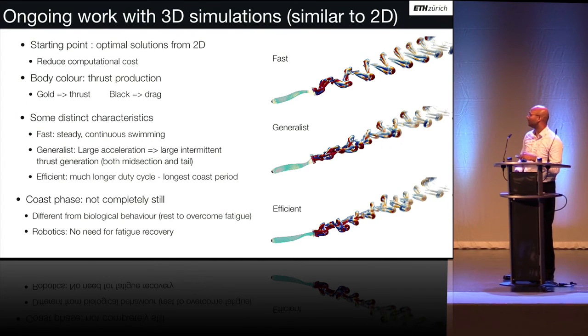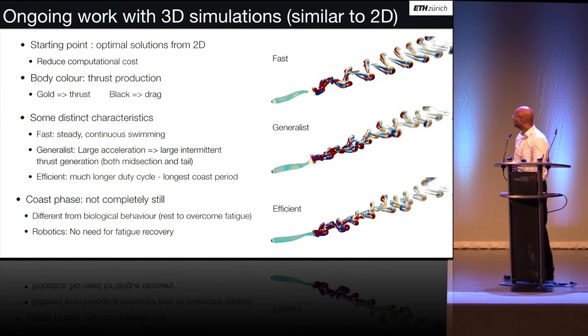They usually come to a complete standstill, and that might be related to fatigue. So you stop moving your muscles completely to overcome fatigue. But if you're thinking about a robotic swimmer, you don't need to stop completely, right? And if the optimizer says that this is the best way of swimming efficiently, then we should implement these sort of